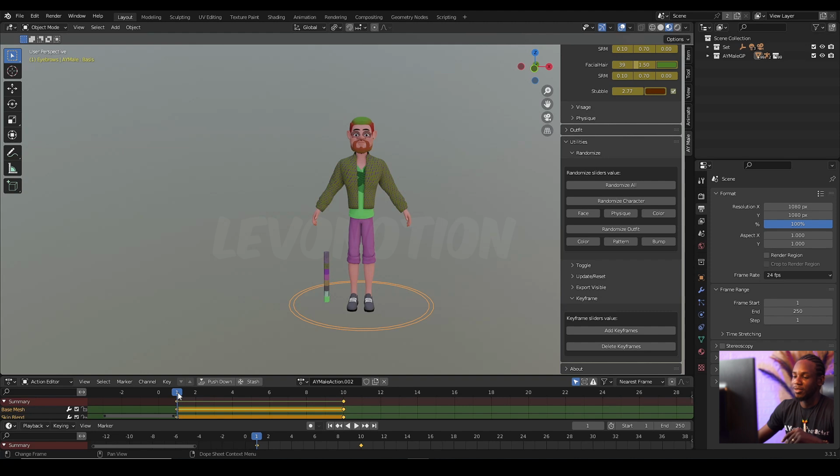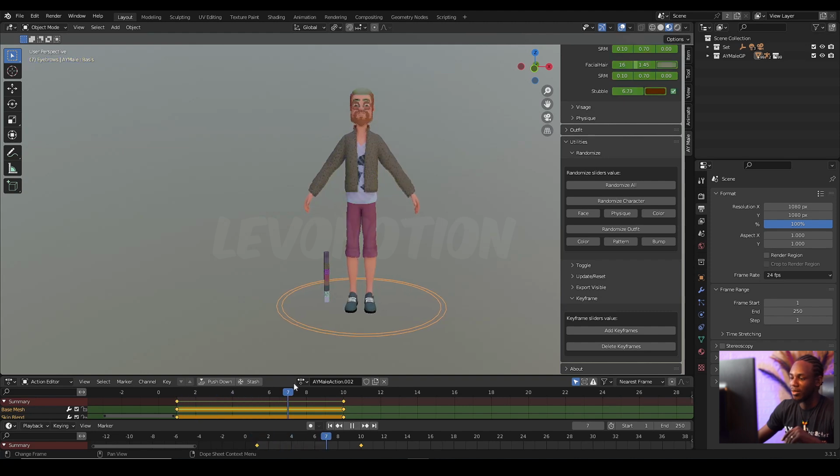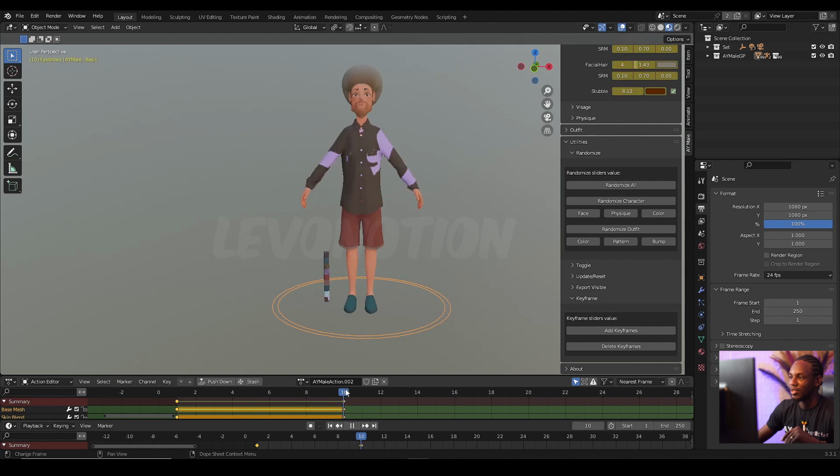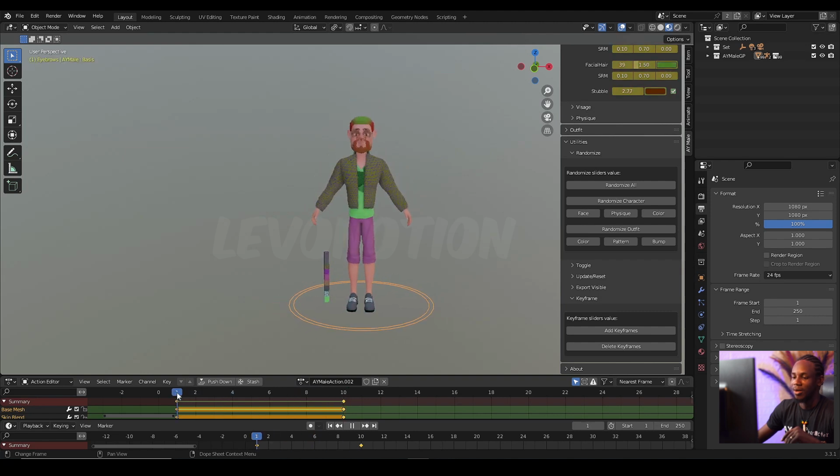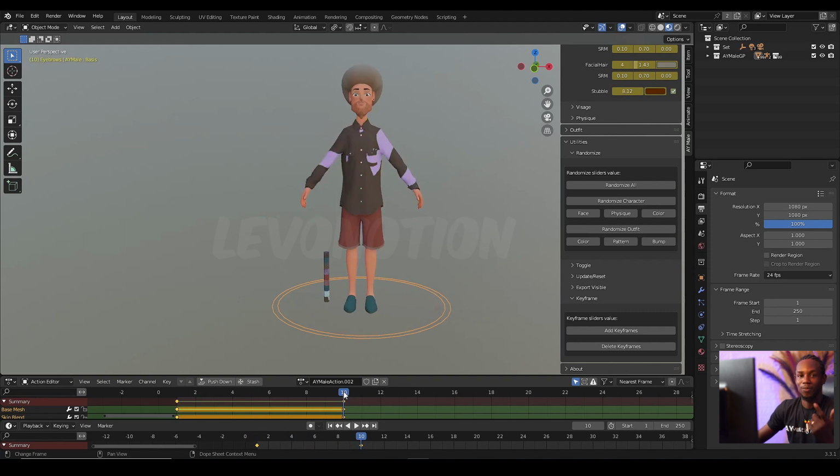So the advantage of this is in between my keyframes, I can have that gradual change until you get to the second look that I created. So this is cool, especially when you have an animation on this. So you can have your character performing an animation and at the same time changing looks as the frame goes by.